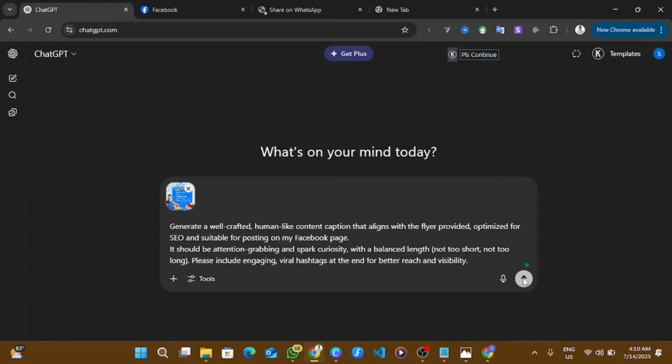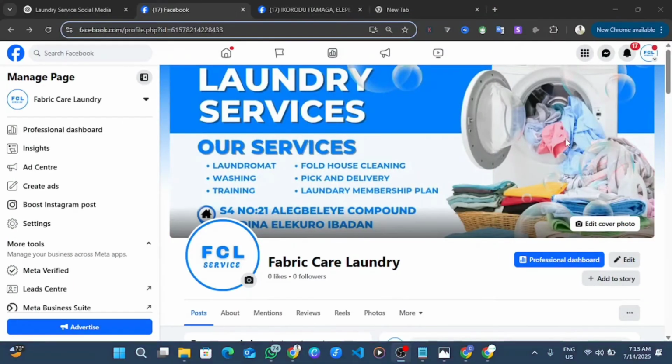After you have sent it, ChatGPT will do the thinking and you will get the result. Now, for instance, you see now, this is our generated content. Not too long and not too short. Now, after you have already copied the content you generated, the next thing is you come to your Facebook and